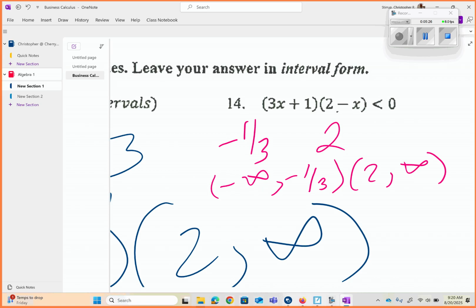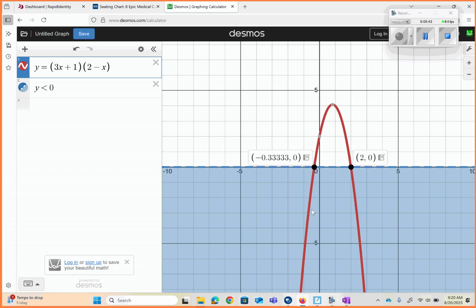And then the negative 1/3 is a soft bracket because we had just less than. And then the 2 is a soft bracket. And again, that's talking about, let's go back to the Desmos. So what's happening is I'm talking about what's going on in the left-right direction. Okay, so from negative infinity all the way up to negative 1/3, it is less than 0. It's below the line. And then from 2 to infinity, but the 2, because we have the less than sign